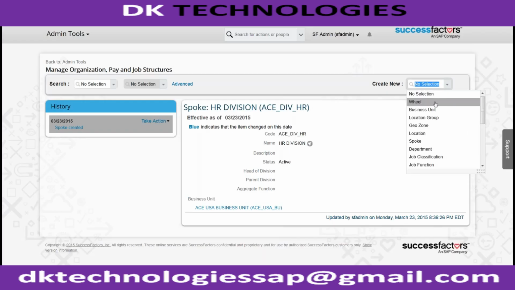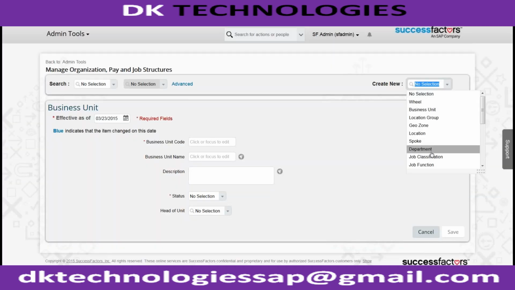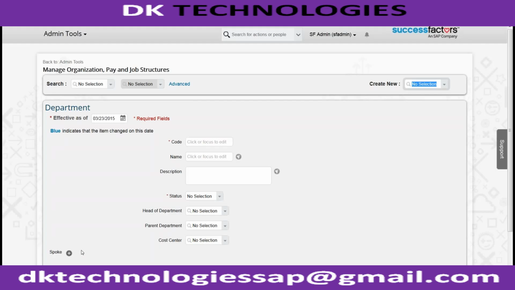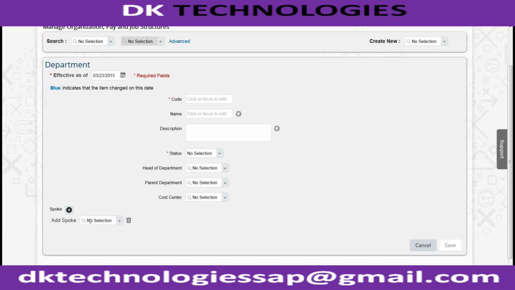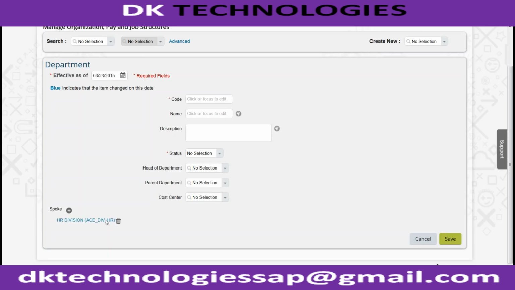At the same time, sorry guys, one second. Let me go to department. Here you can see department has an association with your division. Division is nothing but spoke. If you are creating a new department, let's say right now we created something called USA_HR, you can see AS_div_HR. This is the division that we created, and if you want to associate this division to another department, let's say this department is going to be AS_department_